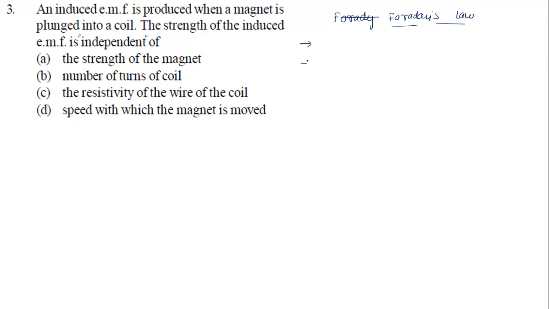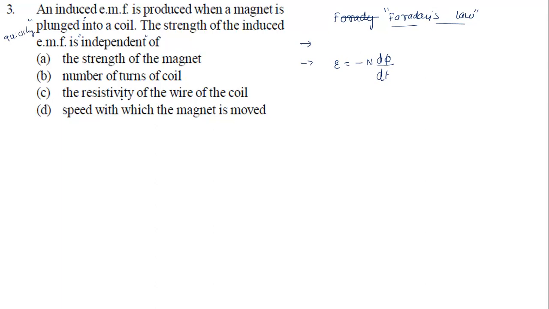Second thing, the rate of change of magnetic flux linked to the coil is directly proportional to induced EMF. So we take minus N into d phi by dt. So these two conclusions we got from those experiments, and those conclusions we call Faraday's laws. From this conclusion, we are going to continue now. Look here. Plunged means what now? The word means quickly.